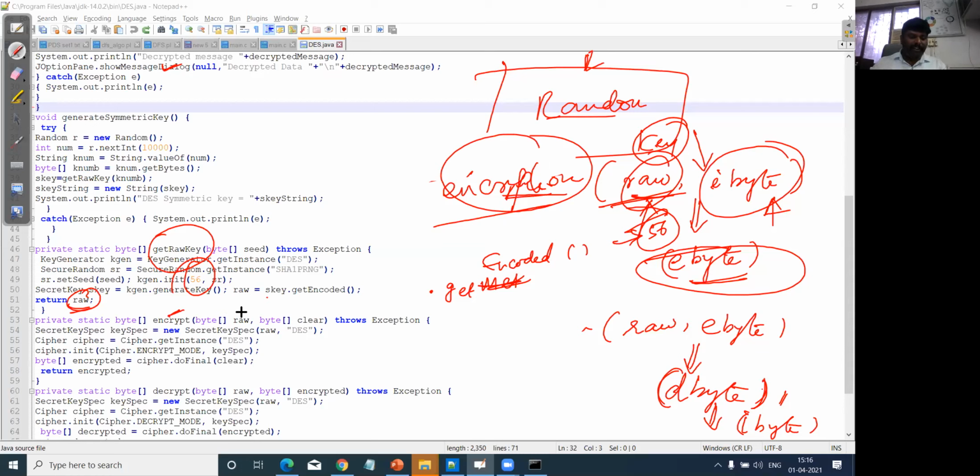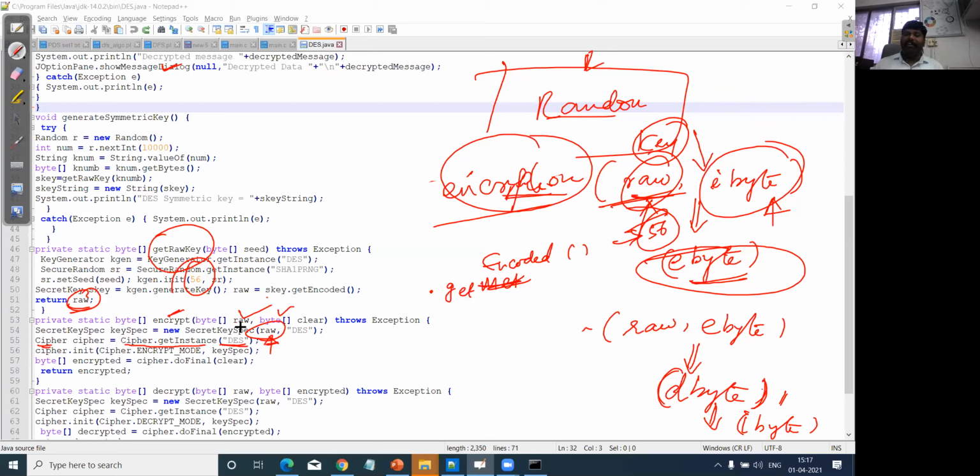When you talk about this encryption function, it uses two values, one is raw and then the byte. See here, there are a few statements. The SecretKeySpec is based on the raw, which we are going to pass here, and followed by that, the cipher is generated based on this. This is a defined function, Cipher.getInstance, based on the DES algorithm.